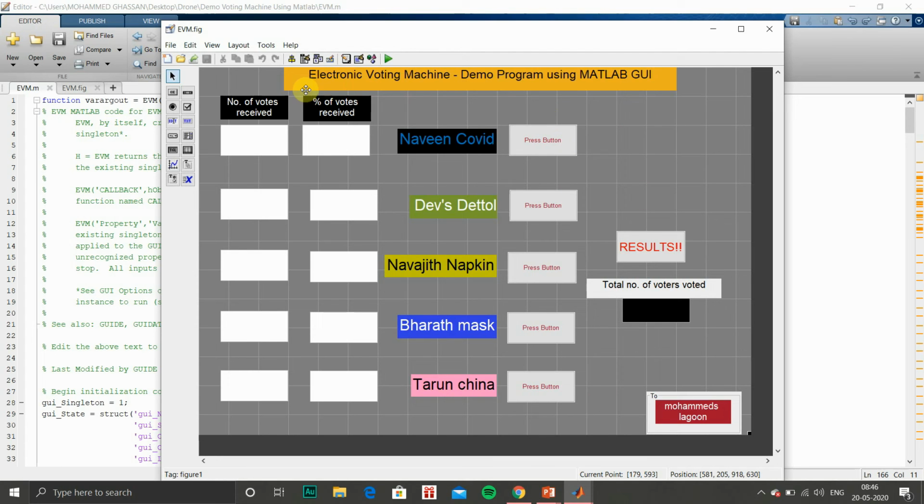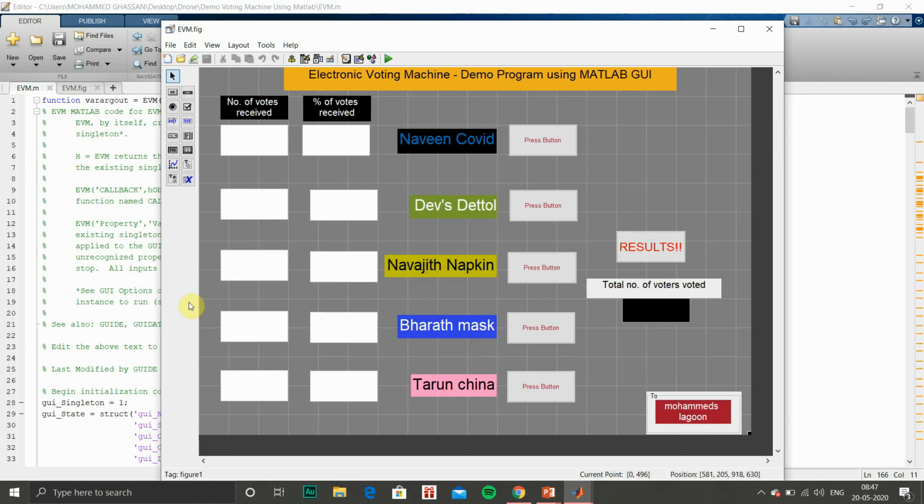Then 5 functions we got, and for the percentage of votes received, as I said, after pressing all buttons, when we press result, all these 12 plus 13 fields should be filled with the correct value. When I press a button, the votes will be incremented, but it will not be displayed until we press the result button. So first 5 functions we have given to the buttons that will increment upon pressing, and when we press result, another 13 functions we have to assign.